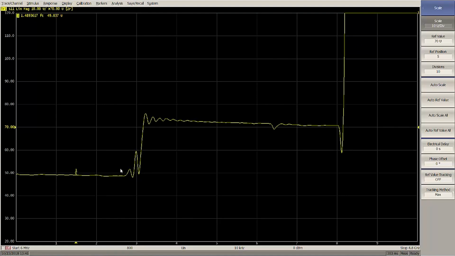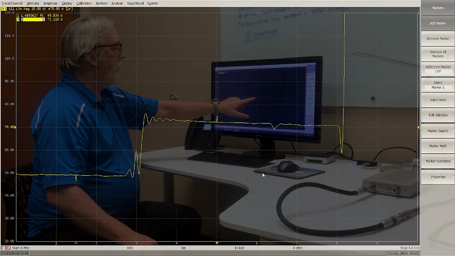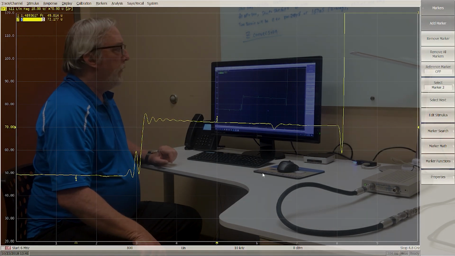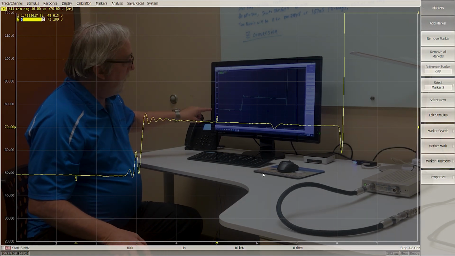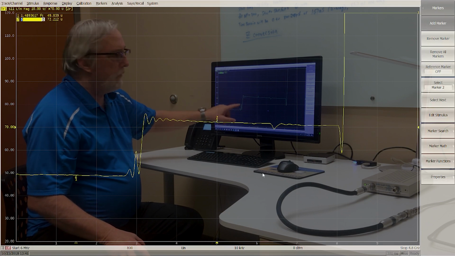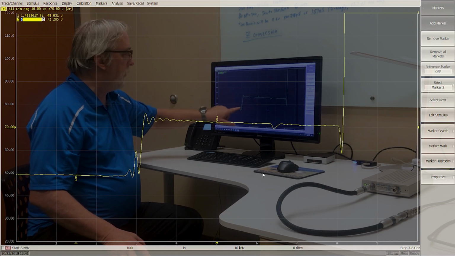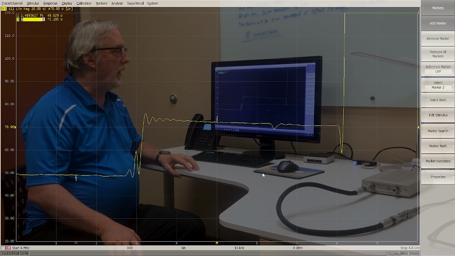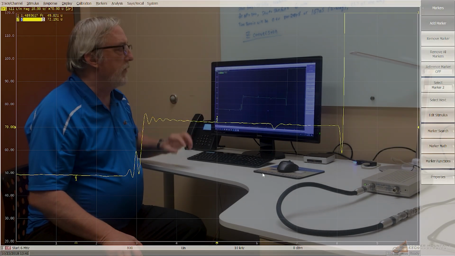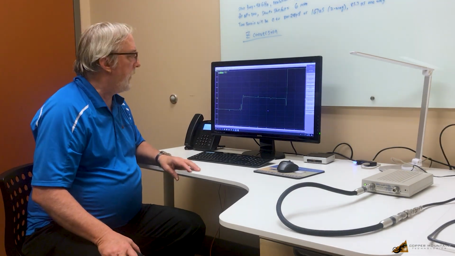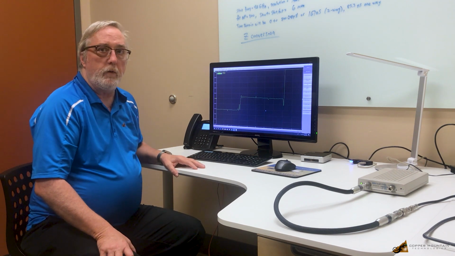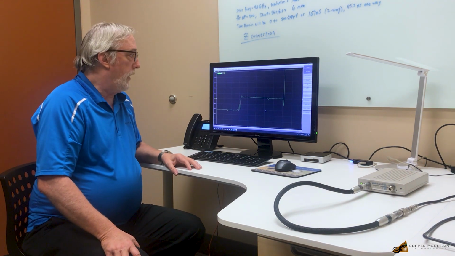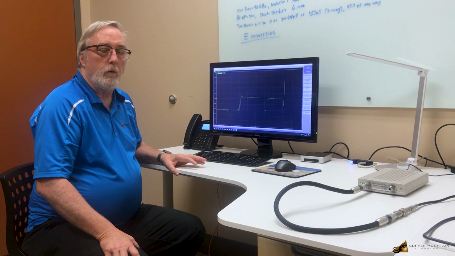If I move my marker along, or add a new marker, you can see I'm measuring 72 ohms on the 75 ohm cable. So I'm actually measuring the impedance of the cable over distance: 50 ohm, the adapters. I can see reflections from those adapters. I can see the characteristic impedance of the 75 ohm cable, and then the open end of the cable where the impedance is undefined and it just goes up. So we're able to measure return loss over distance or over time, and we're also able to measure the characteristic impedance over distance or over time.